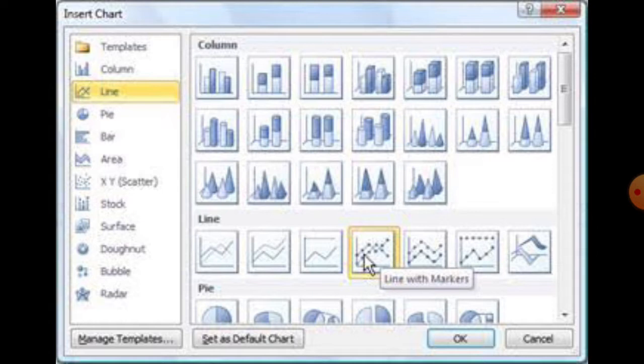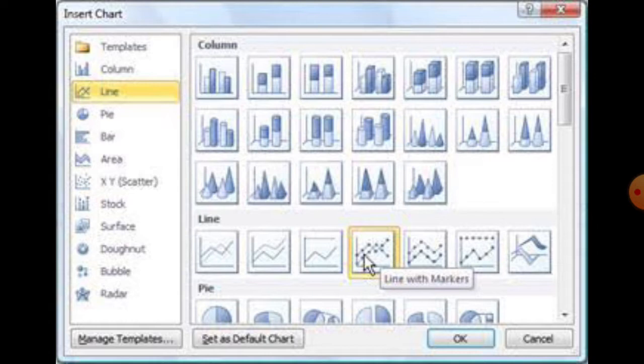Donut, the same as a pie chart, but in the shape of a donut. Bubble, when both data and column row headings are numeric, and comparison of items is shown by the difference in the size of the markers, like bubbles. Radar, when the total value of different data series is to be compared.